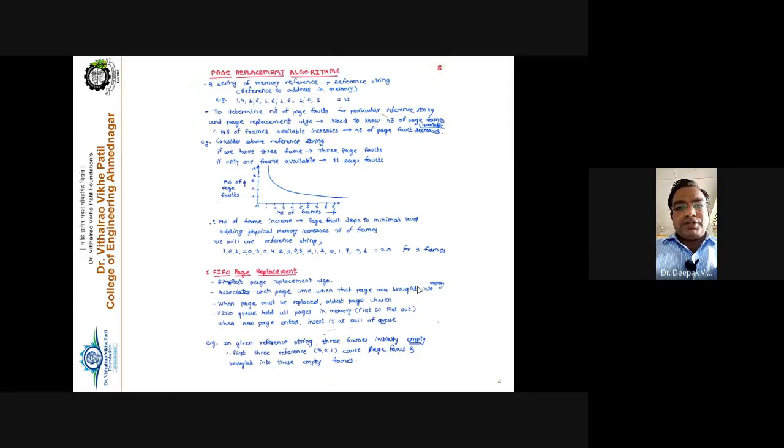The process tries to access a particular page from the main memory, and if that particular page is not found inside the main memory, the page fault occurs. To rectify this page fault, the OS has to bring the desired page from the secondary storage into the main memory. At the same time, it also has to check the free frames. If free frames are available, then definitely the desired page will be loaded inside the free frame.